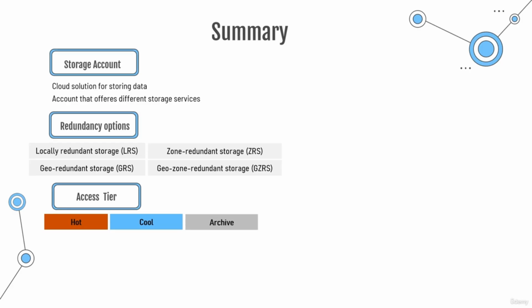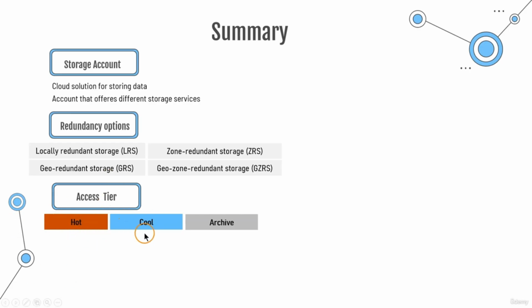To control the cost of our storage, it is important to set these access tiers in the right way. So how the data will be used. For example, if we have some data on a website that is accessed very, very frequently, it is best for availability and also for the price to choose the hot access tier, even though the storage itself is a bit more expensive, but we have cheaper read and write operations for this kind of access